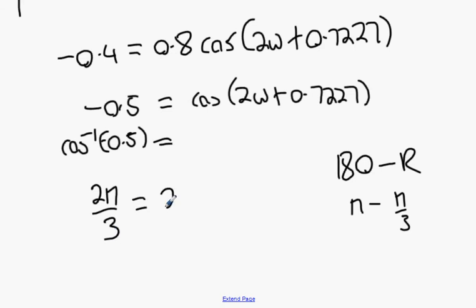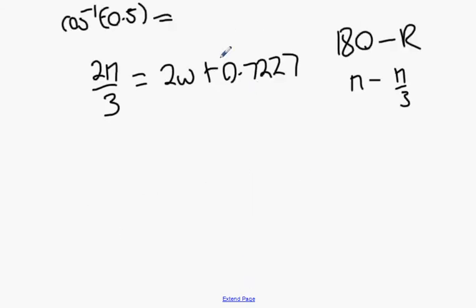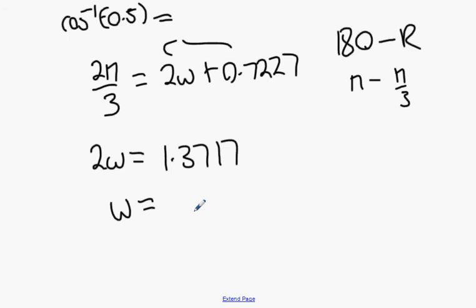This 2 pi over 3 equals our 2 omega plus 0.7227. Take the 0.7227 away from 2 pi over 3, and what you get is 2 omega equals 1.3717. Then you divide that and you get an omega value of